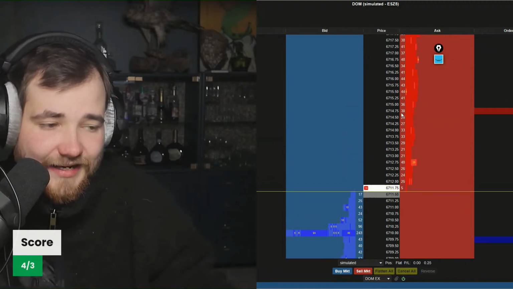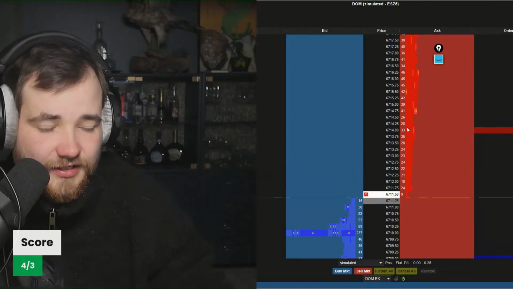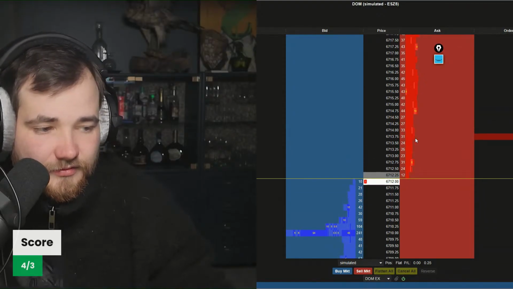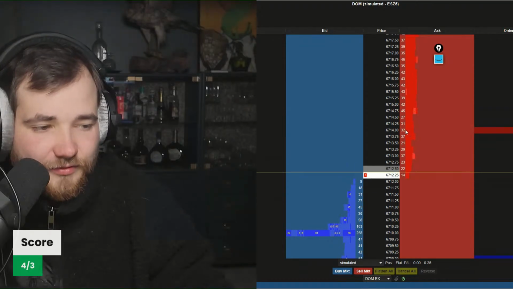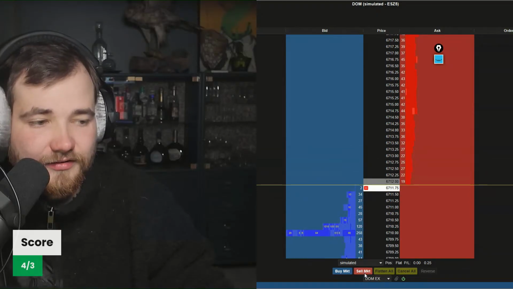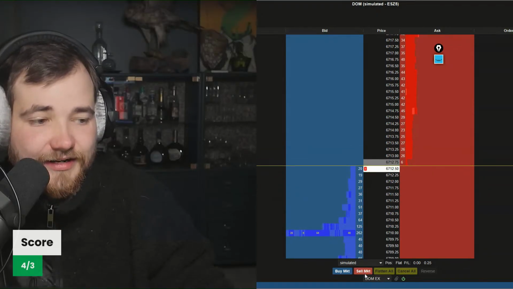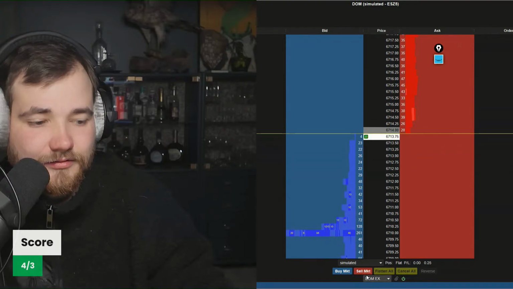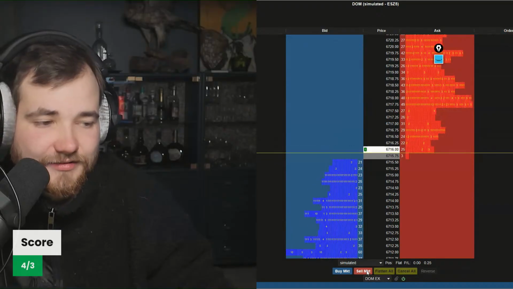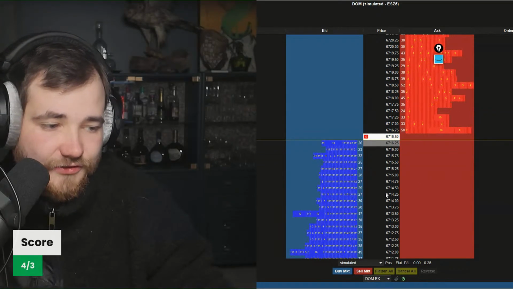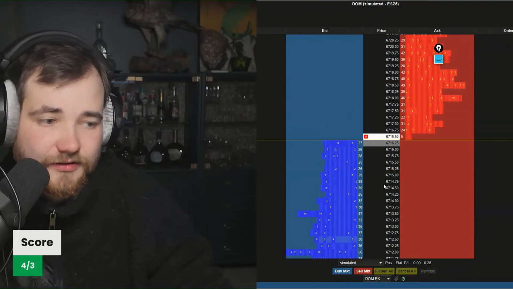Let's see if it moves back and the sellers can move it down. Does it get defended in these areas? I want to see it come back where the snap started, at 6, 7, 14. Let's see if it gets defended there. Nope, it didn't. So we're not taking an entry. Now the buyers had a snap. Let's see if it moves back to 6, 7, 14, and if the buyers can't defend it.